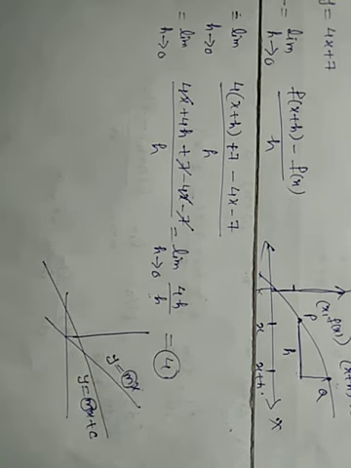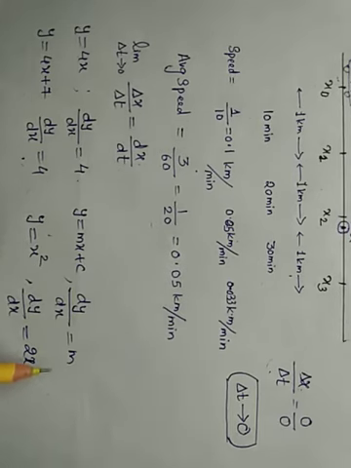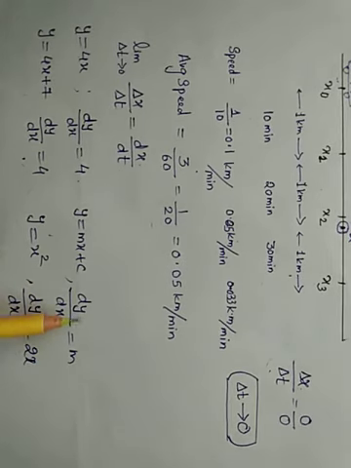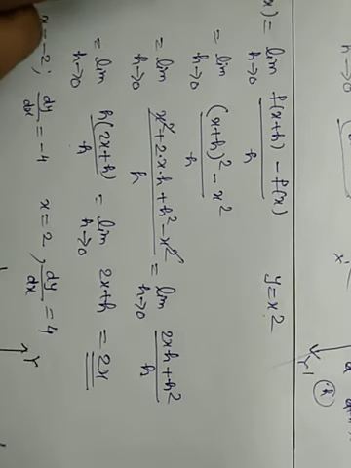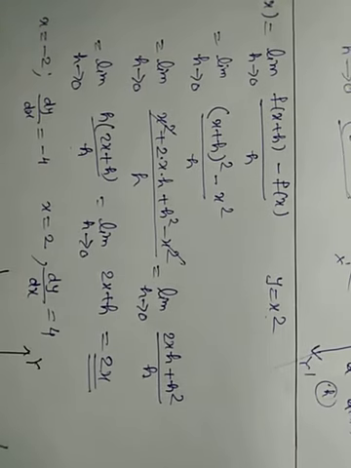Okay. Means what you observed over here, the rate of change of y with respect to x is constant in the case of a straight line. Let us see another example. Let y equal to x square. What dy by dx are we getting? This one, f dash of x equal to